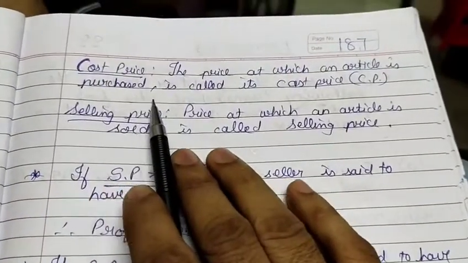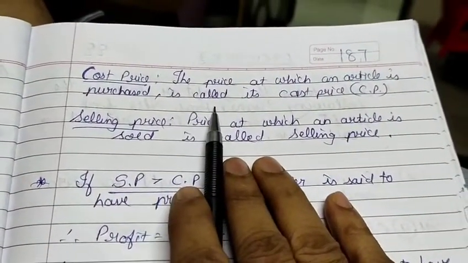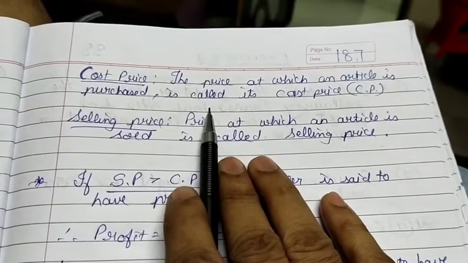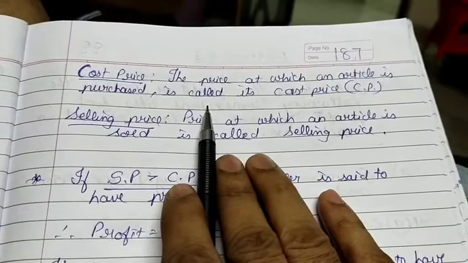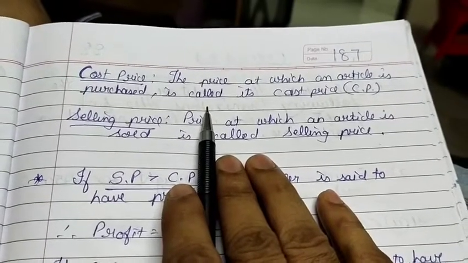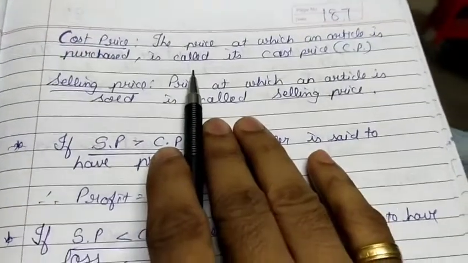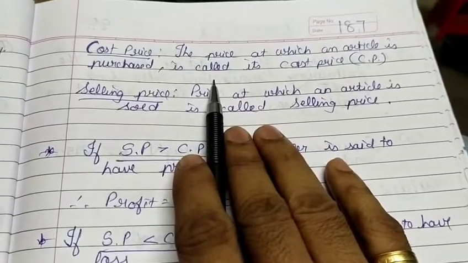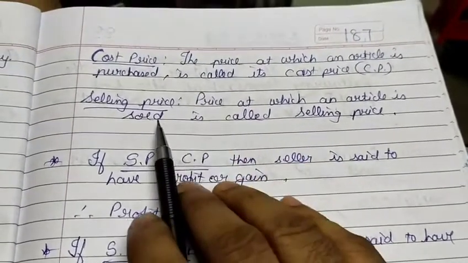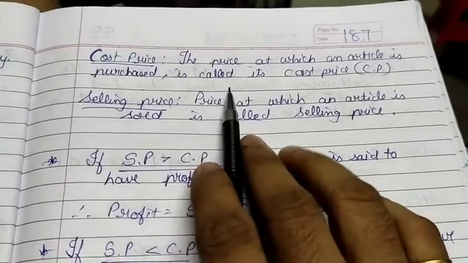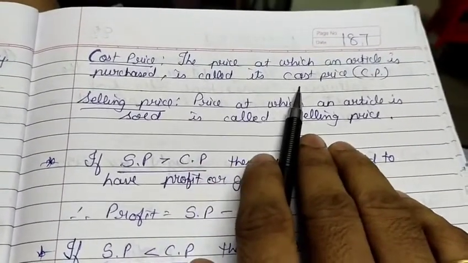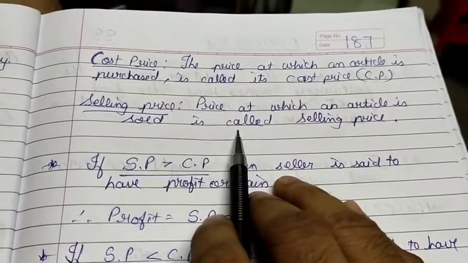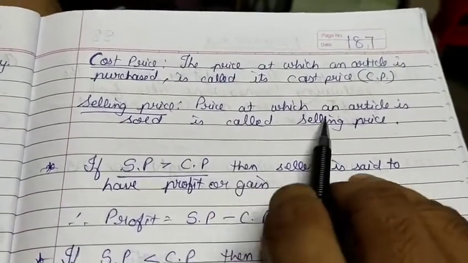Or further we can say that the price which is printed on a product, whatever price at which the retailer or wholesaler purchases from the company, is the cost price of such a product. Now the price at which such a product is sold in the market, including the additional charges and all, is known as the selling price.